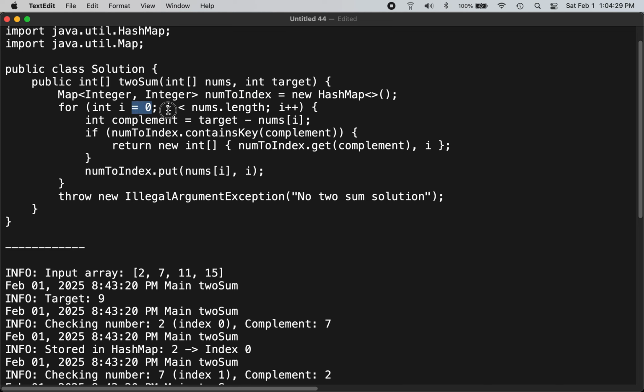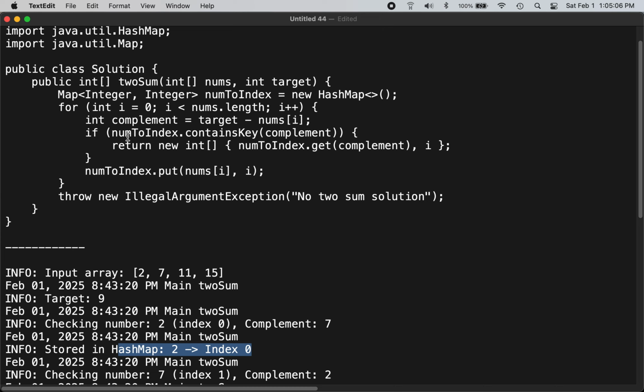Now you loop through the input array, and whenever you get a number, say for example you got 2, you take the complement by subtracting 2 from 9, which leads to 7. So the complement for 2 becomes 7, and I'll come back to the if condition later. In the first case, you put 2 at index 0 in the map,